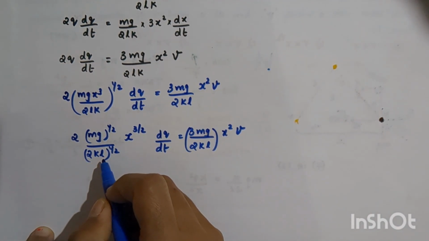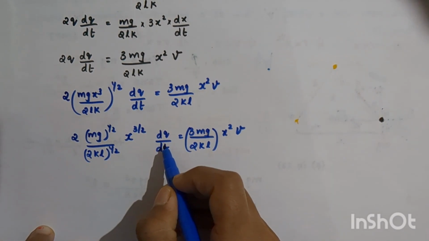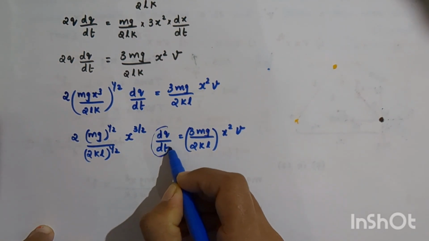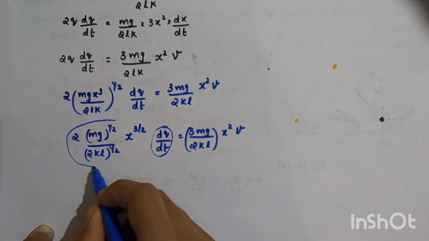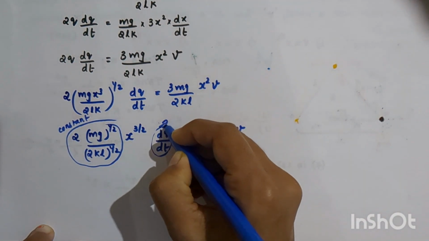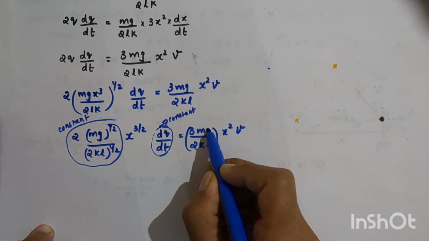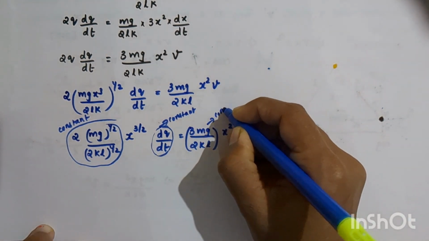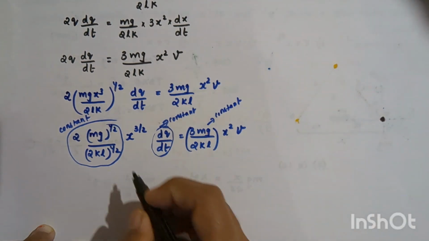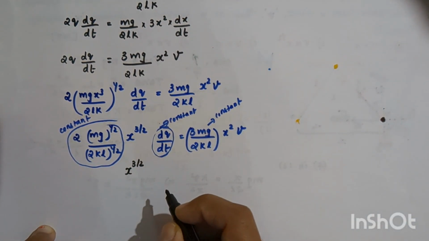In the question it is given that the charge leaks from both the spheres at a constant rate. So this dq by dt is also a constant. So this term is a constant, this term is also a constant, and on the right side of the equation, 3mg by 2kl is also a constant. So from this we can write x raised to 3 by 2